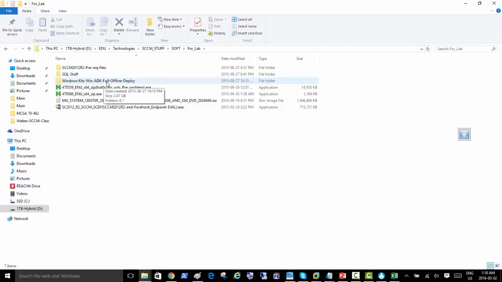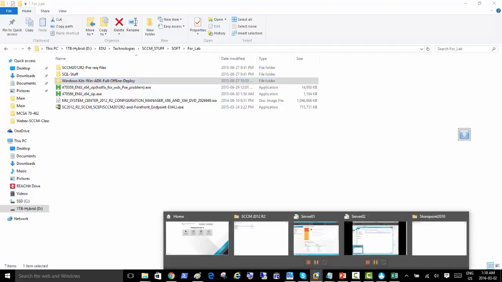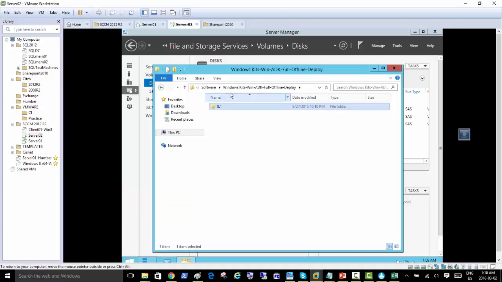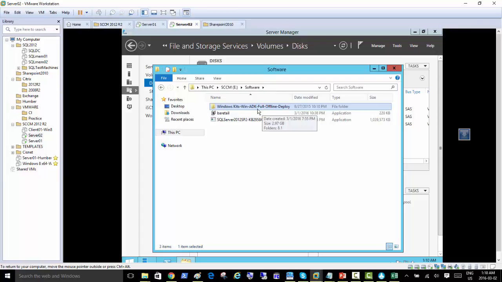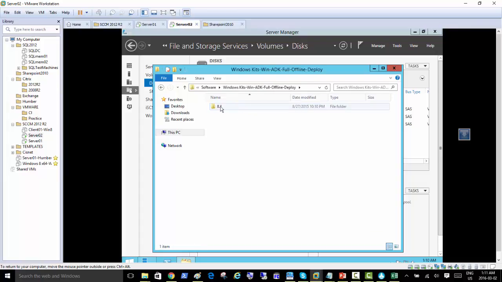So what I did was I copied this folder from my laptop hard disk into the second server and the second hard disk, SCCM. I copied from there to here, right? If you don't have it, just download it from the Dropbox link I sent you into the Google group, and from there I double clicked